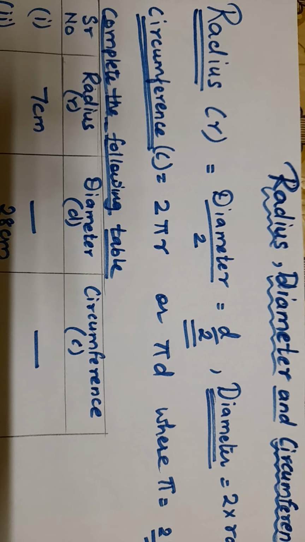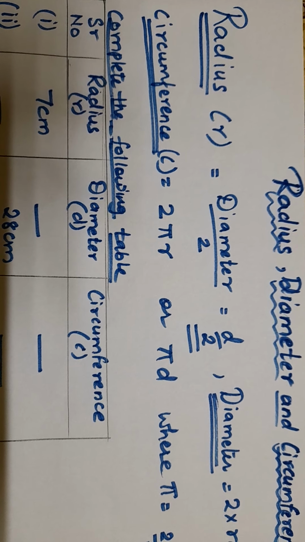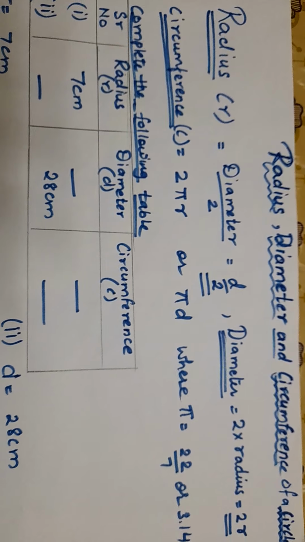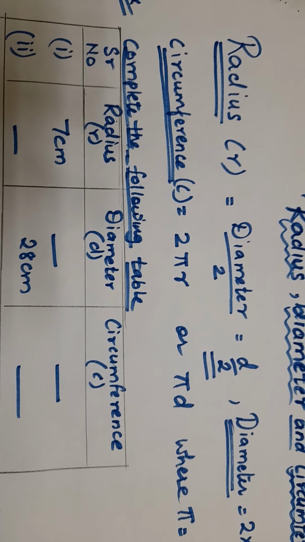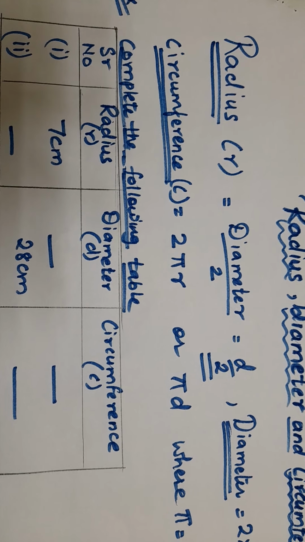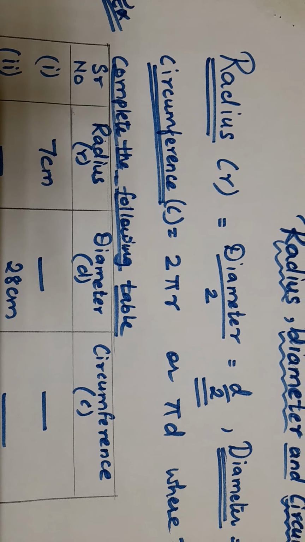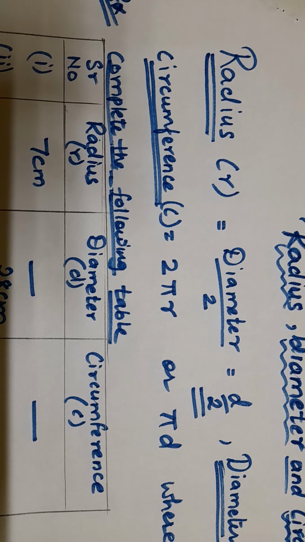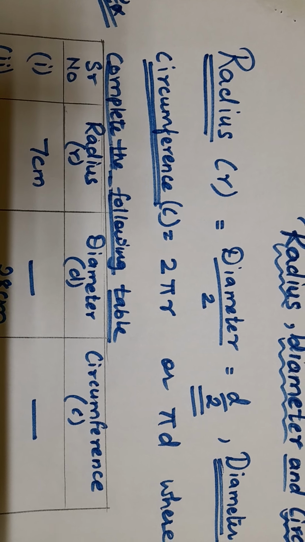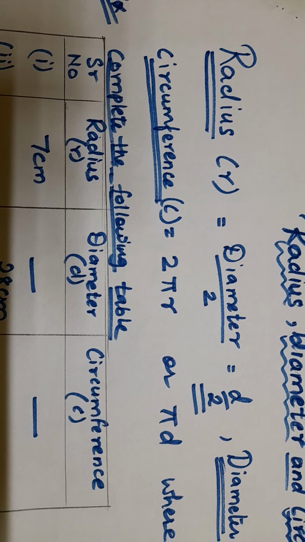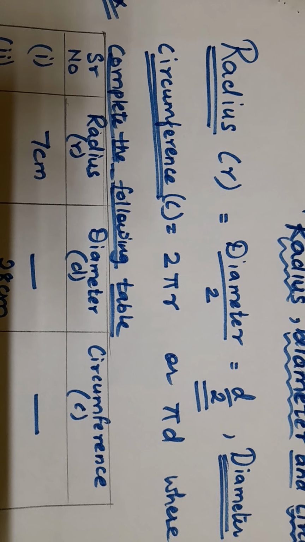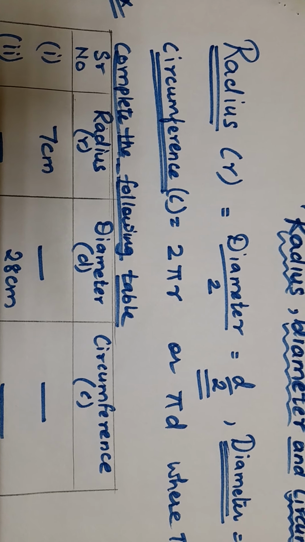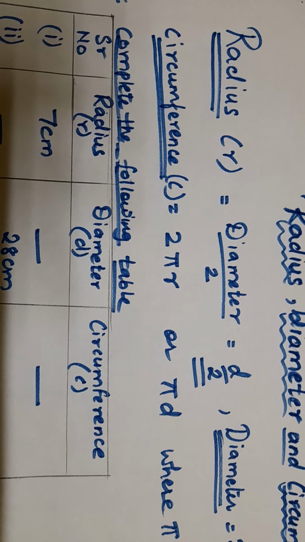में मैंने आपको बताया था रेडियस किसे कहते हैं, डायमीटर किसे कहते हैं और सरकमफ्रेंस ऑफ अ सर्कल किसे कहते हैं। आज हम इसके फॉर्मूला सीखेंगे और इस पर सम सॉल्व करेंगे। रेडियस, इट इज़ डिनोटेड बाय स्मॉल r एंड द फॉर्मूला फॉर रेडियस इज डायमीटर अपॉन 2। मैंने आपसे कहा था कि रेडियस जो है वो डायमीटर का हाफ है। So the formula will be d upon 2, small d upon 2.